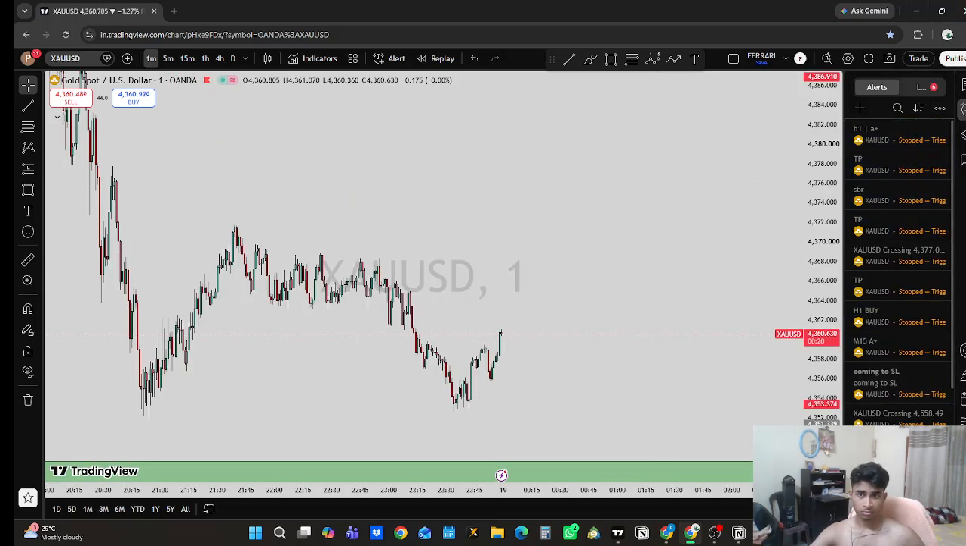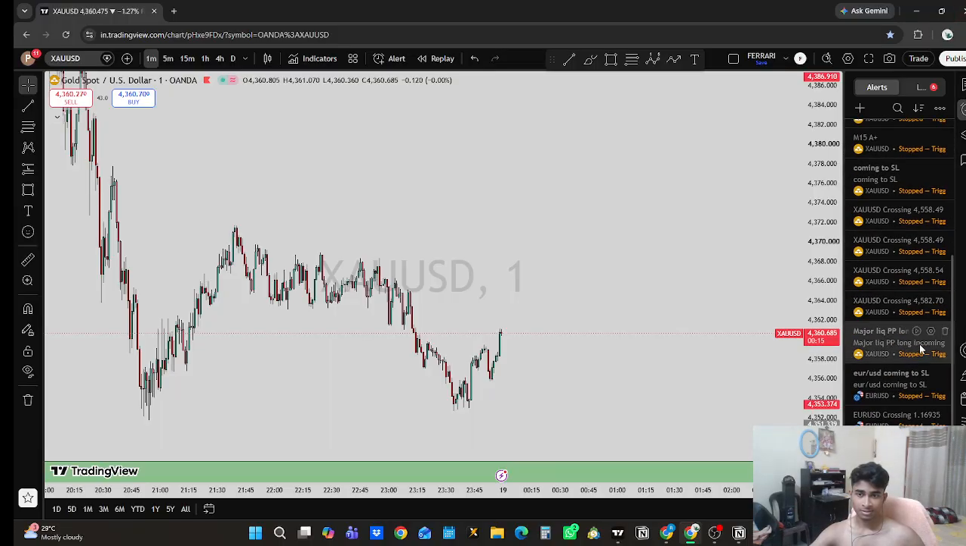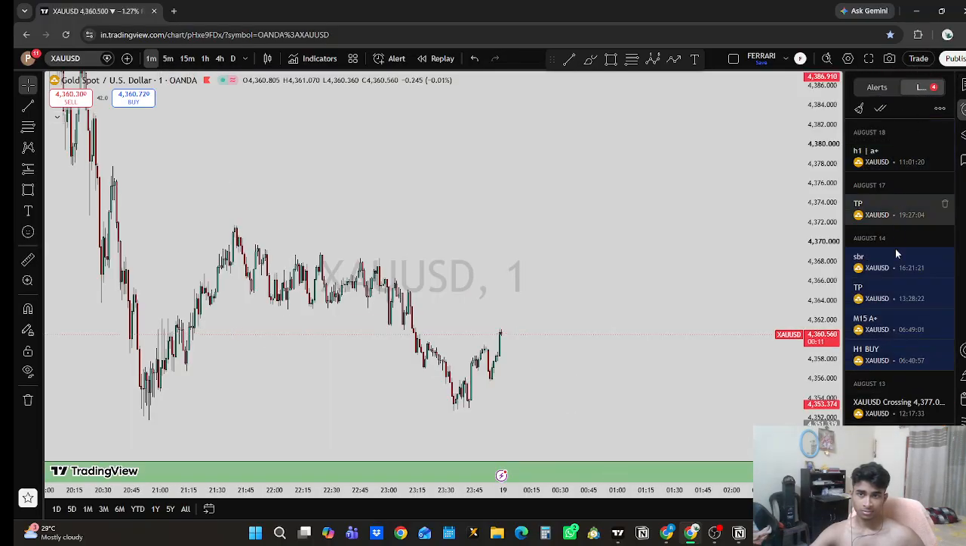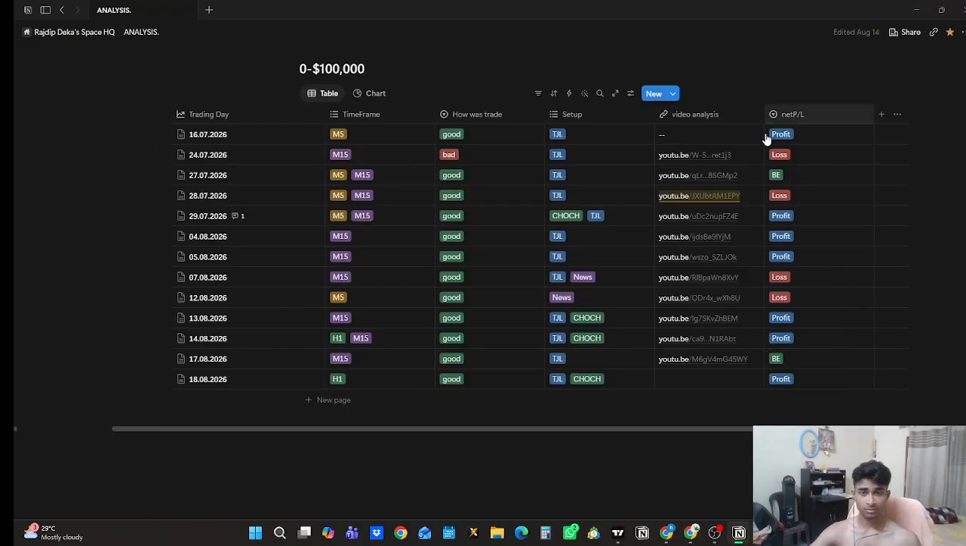Done. Nice. So everything is done. TP, SBR, TP, 15, H1 by TP. Nice, nice one. My hand is itching to click on this chart. I want to see my chart, but still,